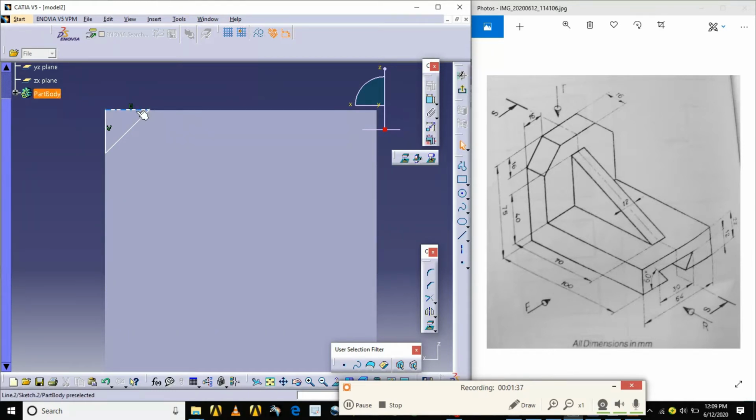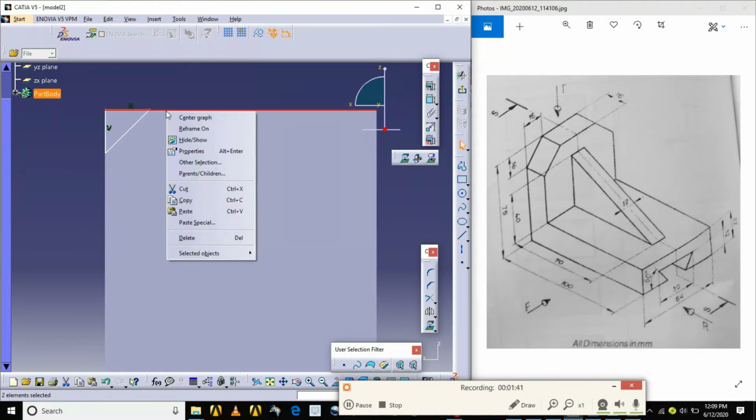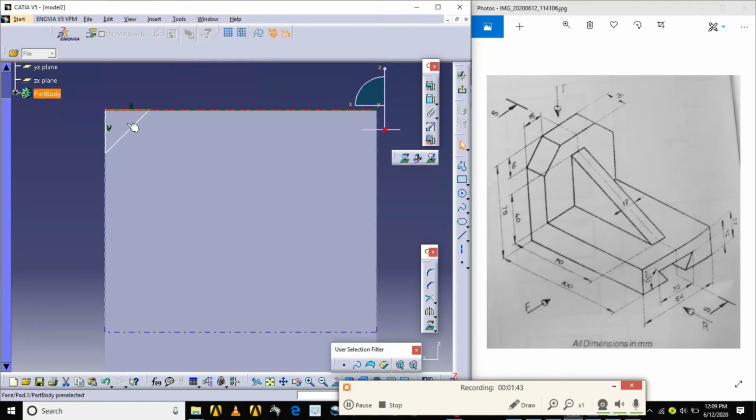What I do, I'll use a command called coincident. This line has to coincide on this.